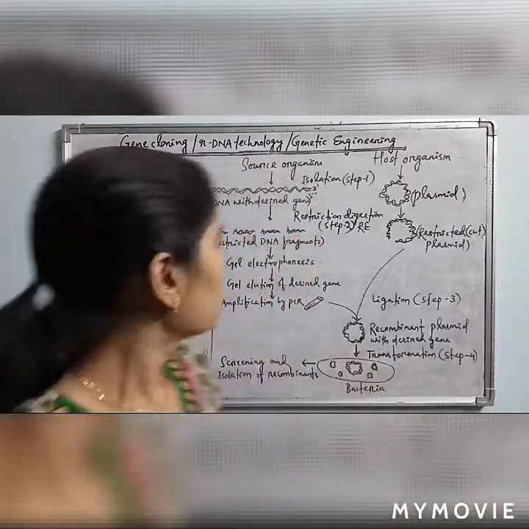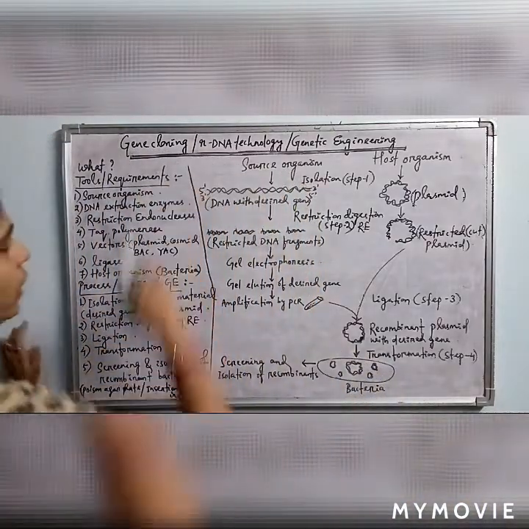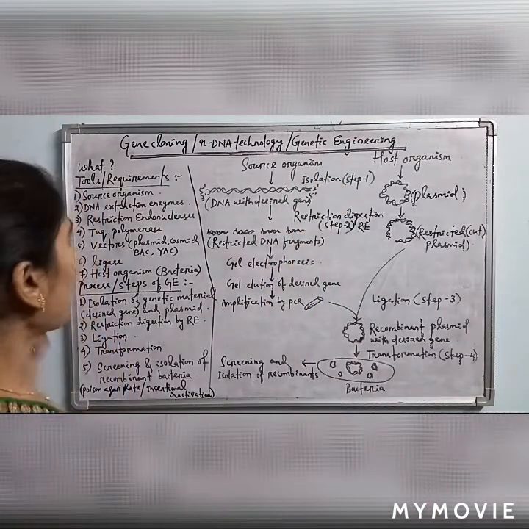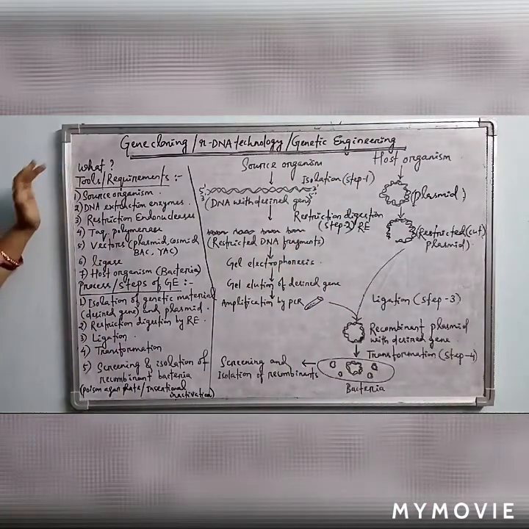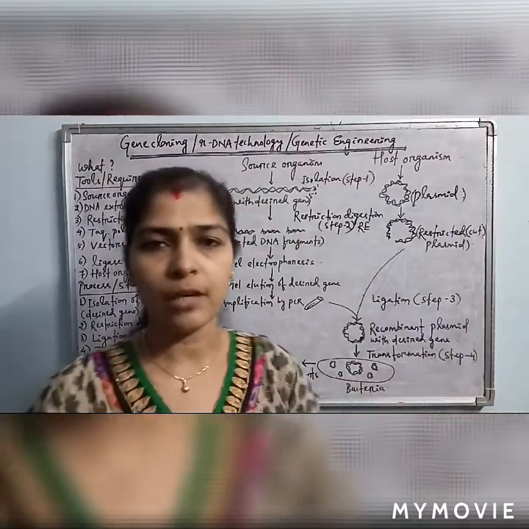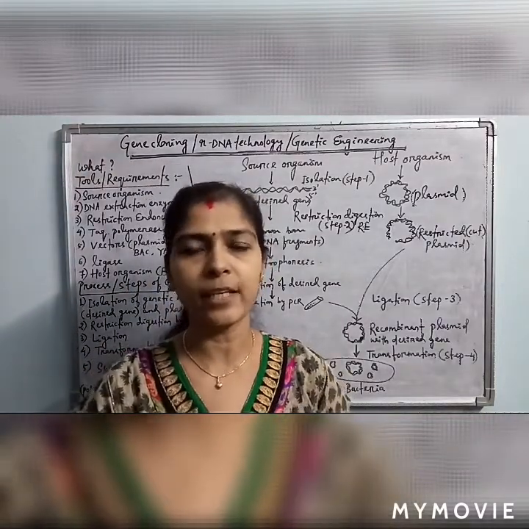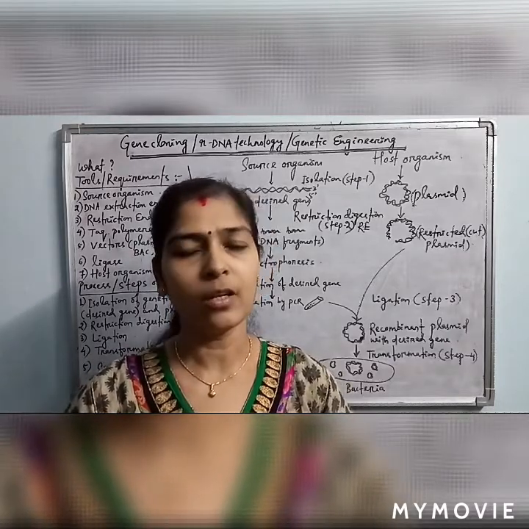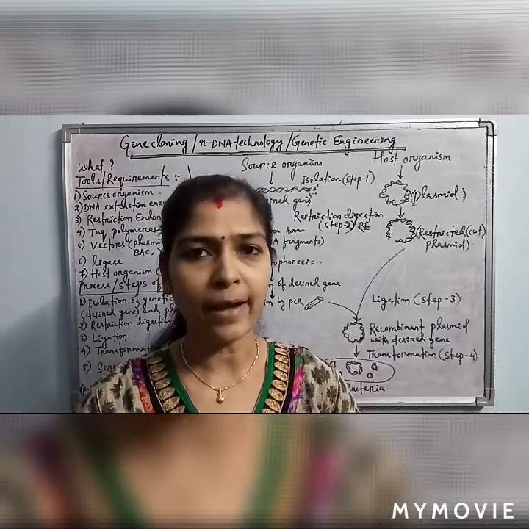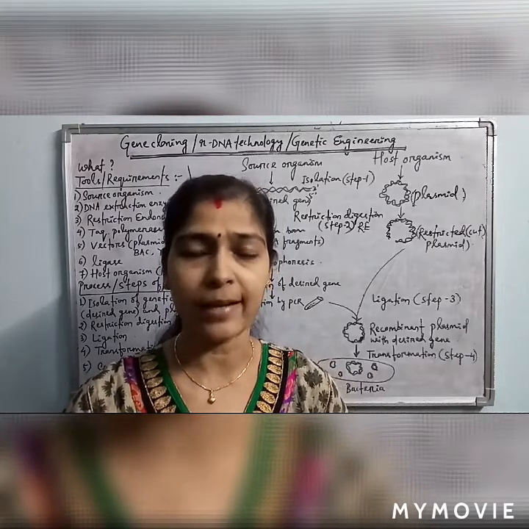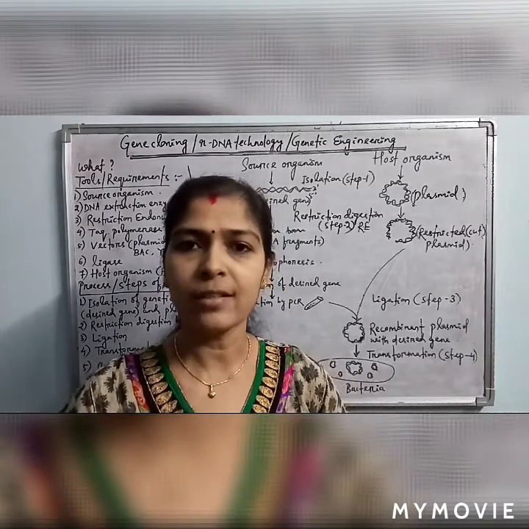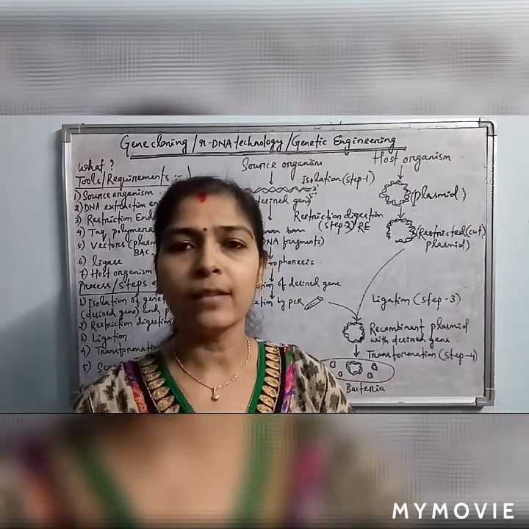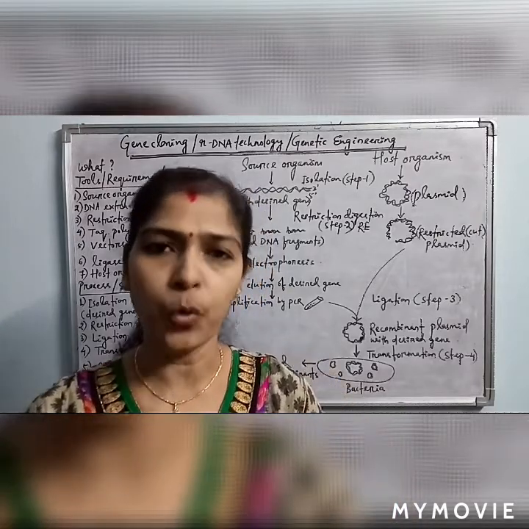Okay, so come to the class. Gene cloning, recombinant DNA technology or genetic engineering, it is known as. What exactly is it? What is gene cloning? A foreign desired gene is ligated with any of the vectors. Vectors may be a plasmid, cosmid, bacterial artificial chromosome BAC, or yeast artificial chromosome YAC. All these different types of vectors are available. Vectors are carriers of the desired gene, and they can easily multiply inside the host organism.